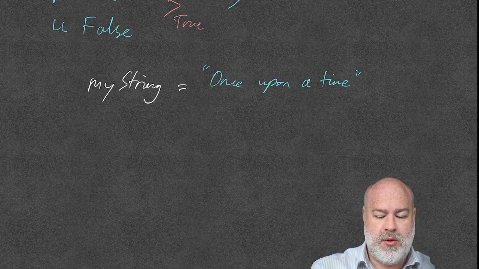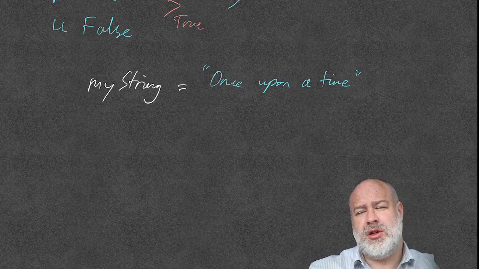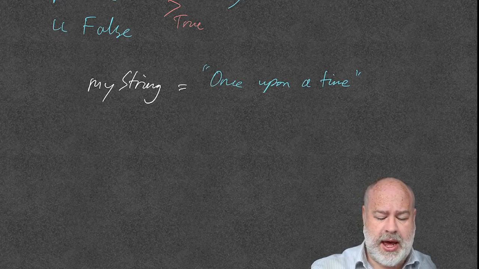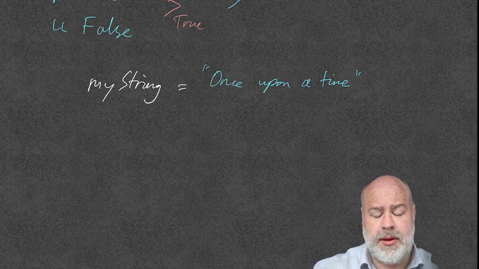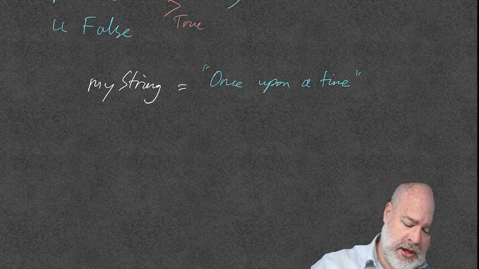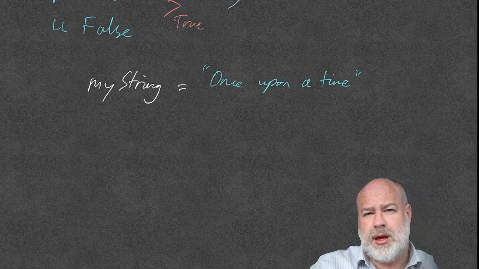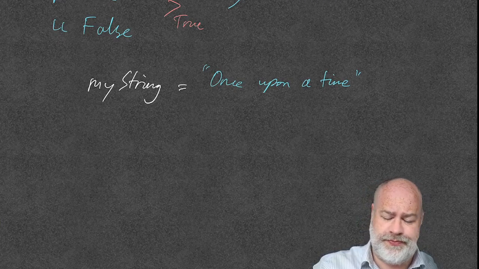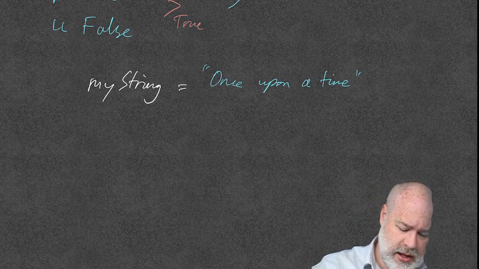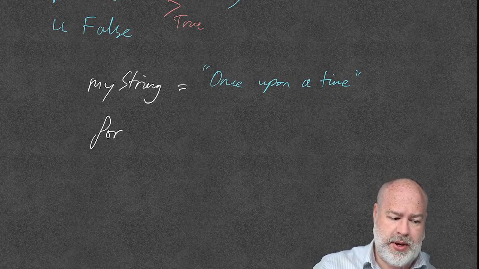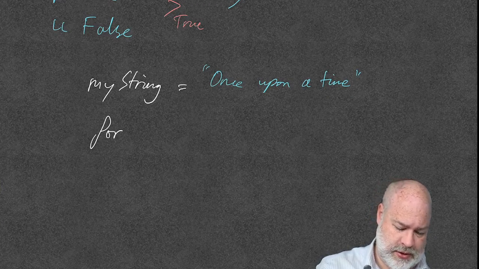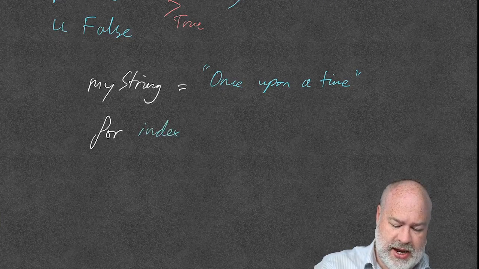All right, so we're going to need to iterate over each character in that string and figure out what the code would be, the position number, and have them printed out. So an iterator loop would be a for loop. So we can have a for loop, and then we could say for, try and use different colors, for index